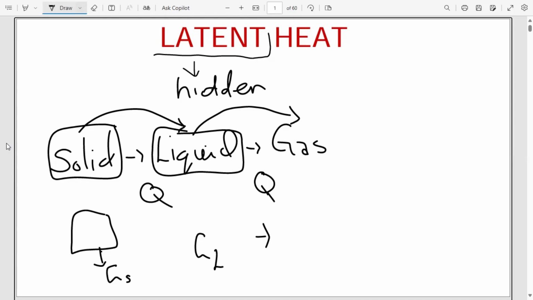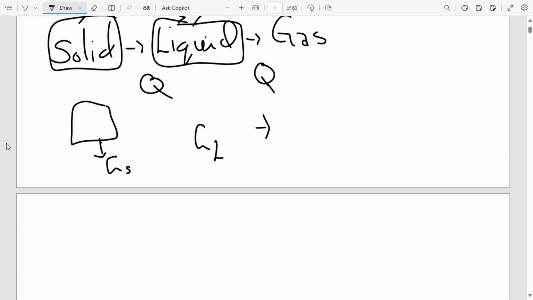So what am I trying to talk about here? I'm trying to relate all of these things to what I'm calling latent heat, or specific latent heat when we want to talk about the specific unit amount of a substance. So how can we describe latent heat? Let me just write the description here.